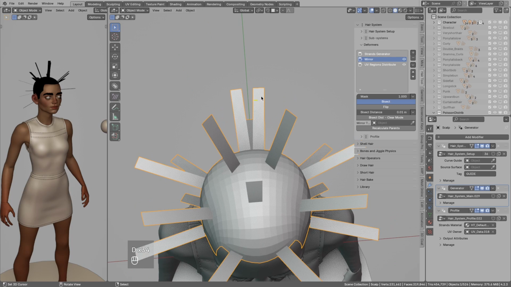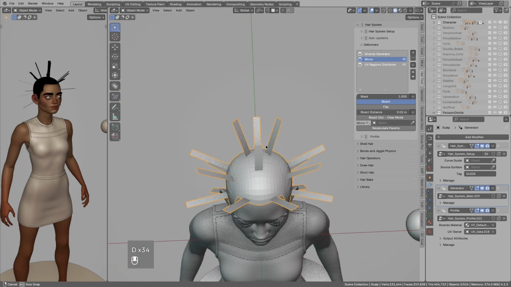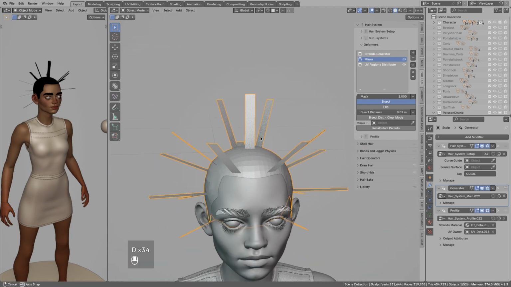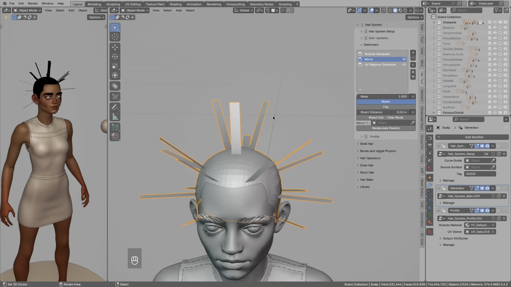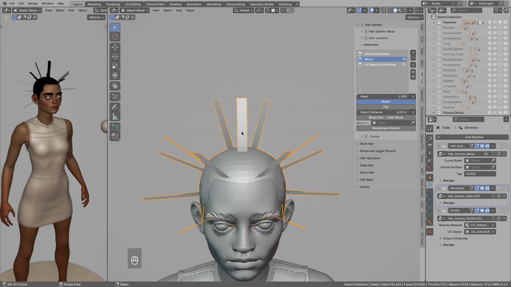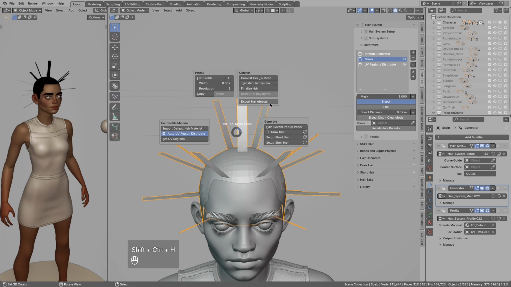So I can apply the same technique in the strands in the back by just increasing the distance of the bisect. So now those two strands got matched into one in the center. Okay, so now we can groom this, but first we have to convert those hair strands to real geometry. So I can use Ctrl-Shift-H and bake, but bake is disabled since the hair system is attached to scalp and you cannot groom curves if you have scalp mesh.